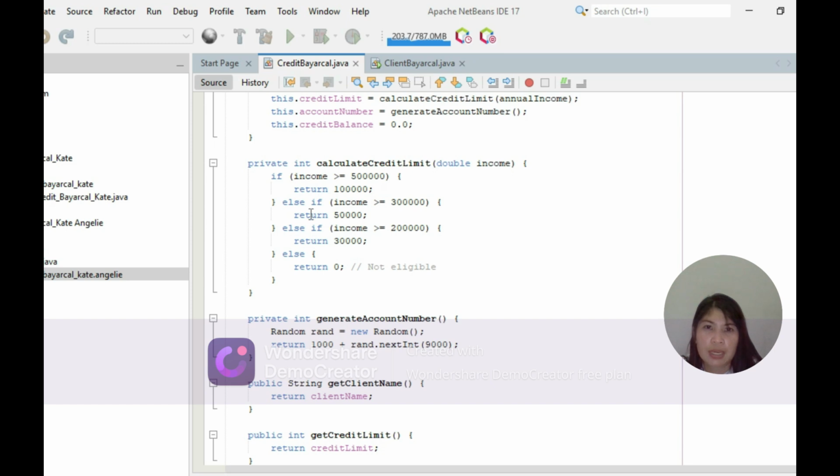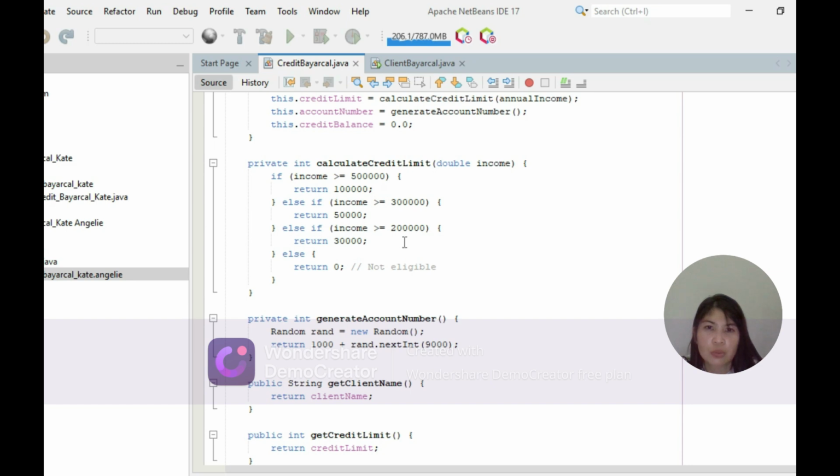Else if the income is greater than 300,000, return 50,000.